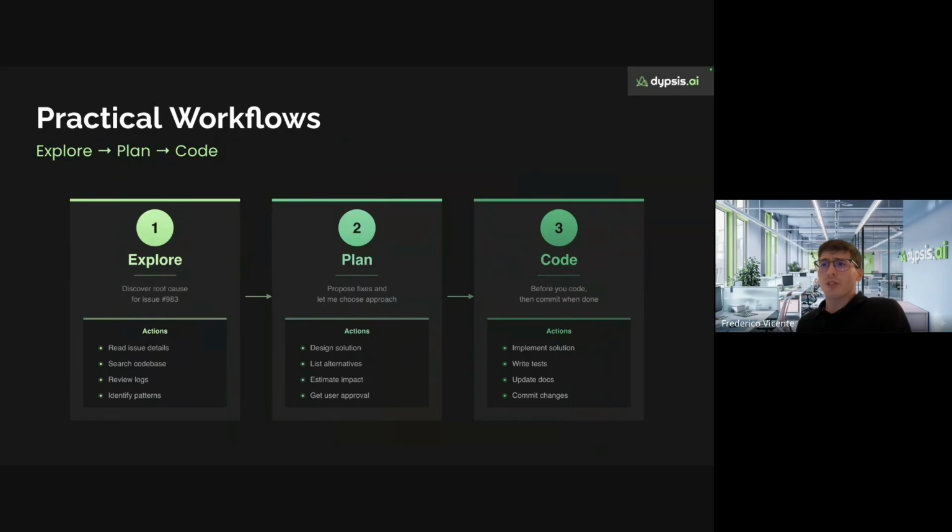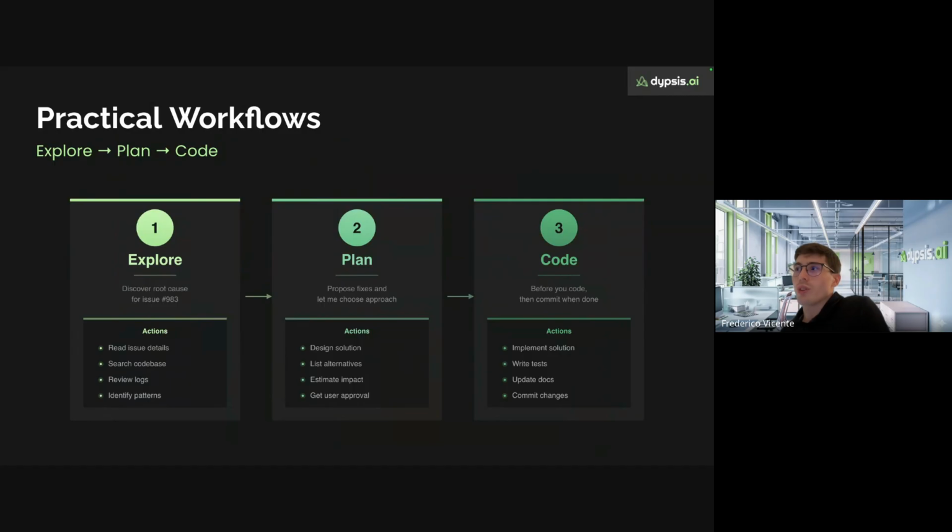On exploration, you have this first phase where you want to build a feature, for instance, but you first want the system to have a real understanding of the code base, of what current Git issues exist, or what Jira tickets you already have. And so this is the exploration phase, where the agent starts collecting information and knowledge to really provide you some accurate answers.